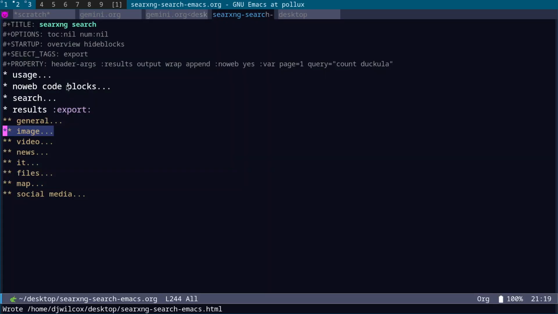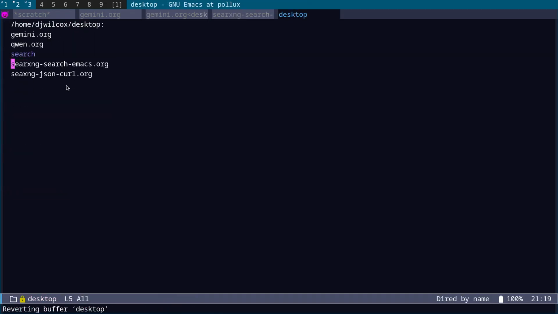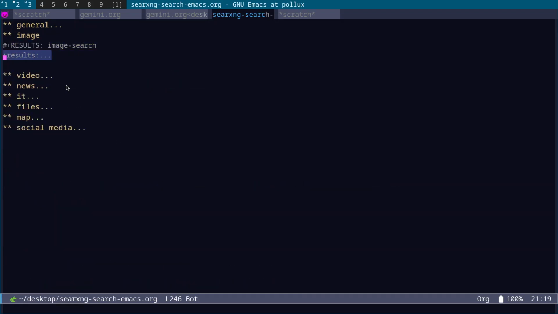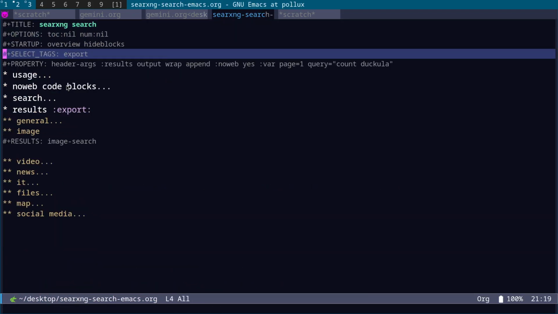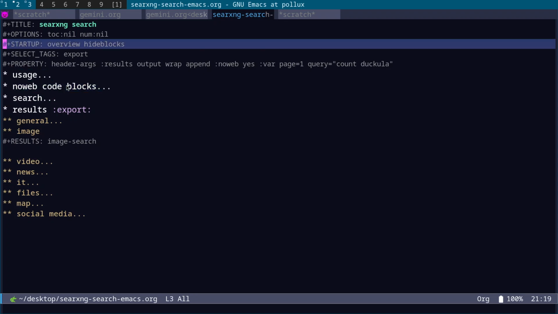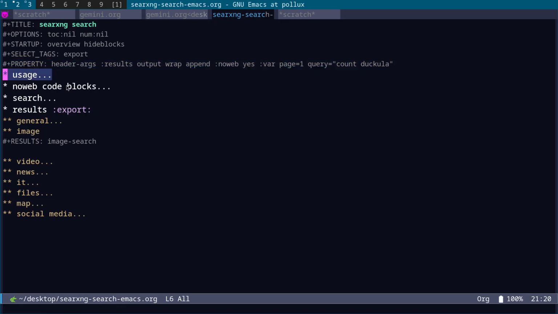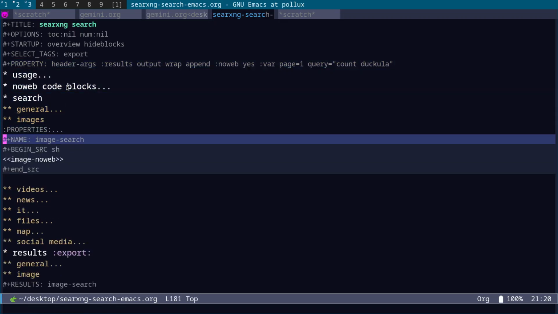And we could do the same thing for the video. So let me delete that and show you the video. Don't need that one. So just remove that, and the way it works again is you change the query up here, Control C, refresh, come into the search, and rather than the results being appended under this section and intermingled with the code, because we have the results thing down here,